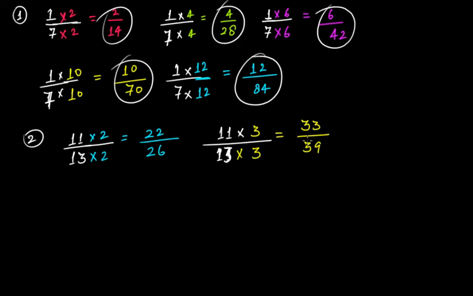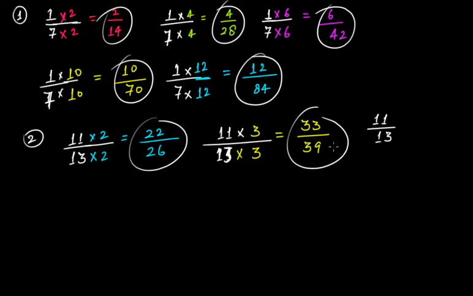The third one you find by yourself. So if this is the first one, this is the second one, the third one is for your homework. These are the equivalent fractions of 11 by 13. This is one way to find equivalent fractions of any given